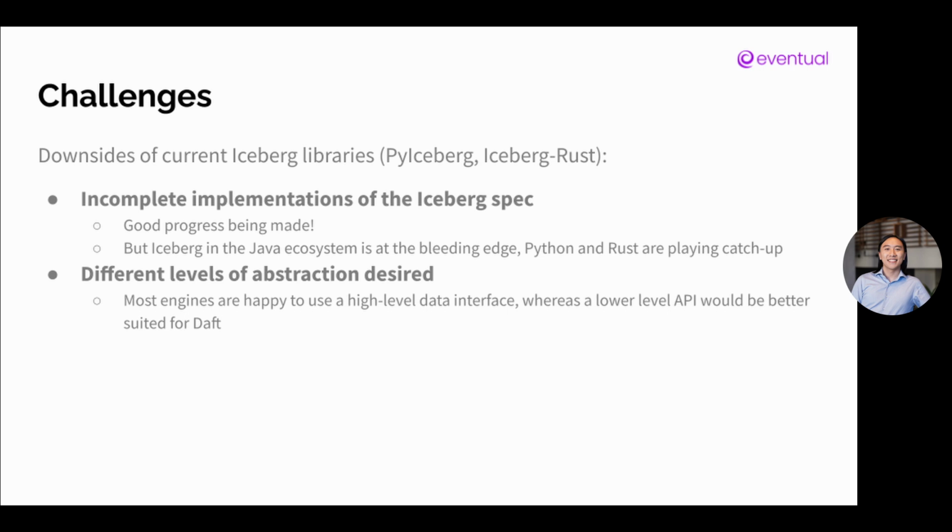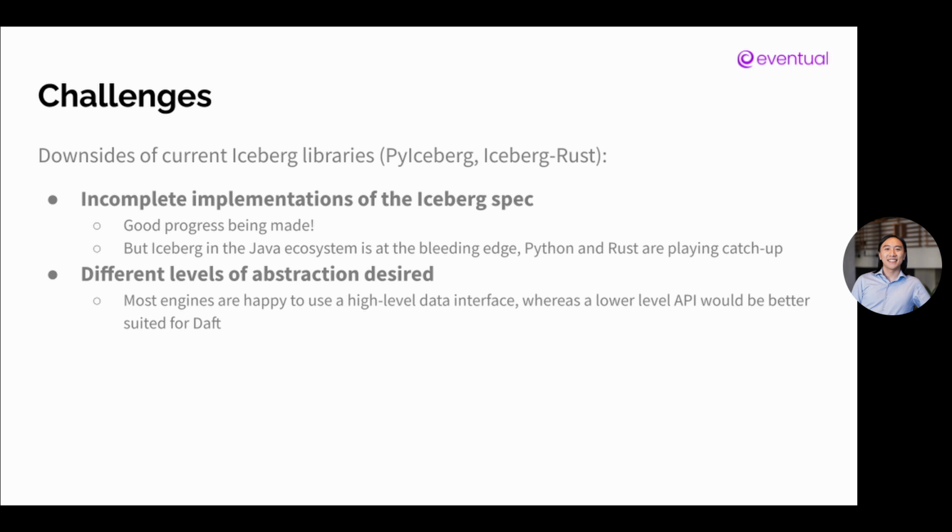So during our evaluation and implementation of our Iceberg implementations, we faced a few challenges when using both PyIceberg as well as the Rust library for Iceberg, Iceberg Rust. The main two that we faced are incomplete implementations of the Iceberg spec as well as different levels of abstraction